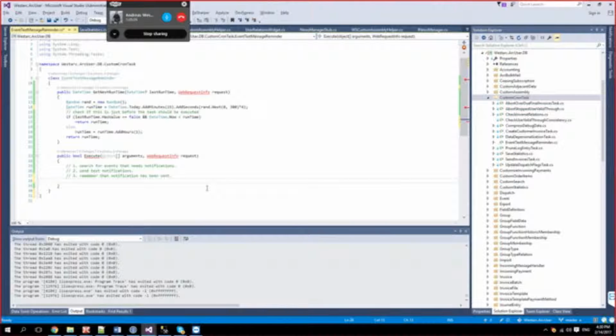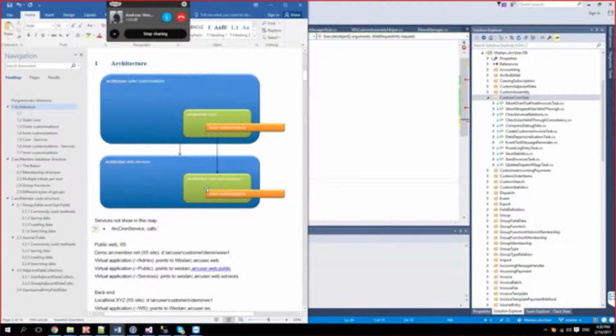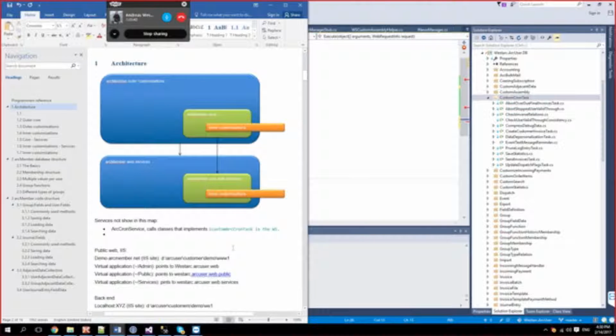Custom arc cron calls classes that implement. Well, then the next one is arc bulk mail.